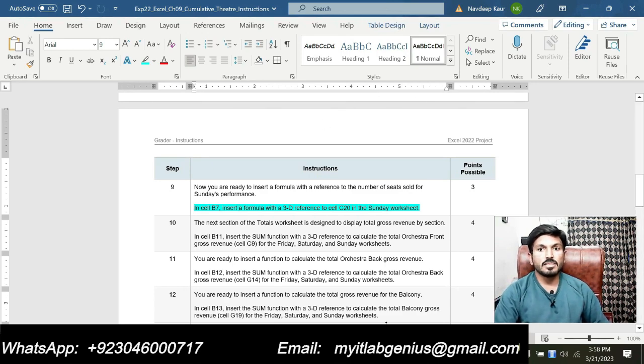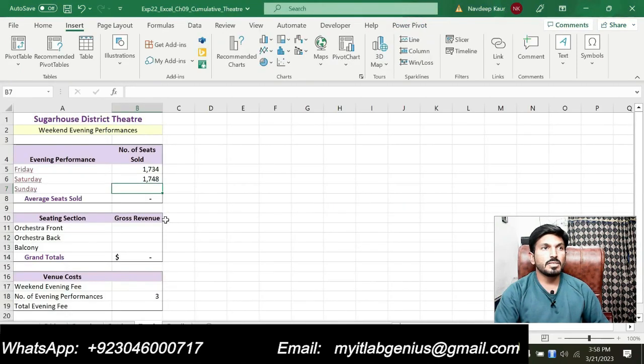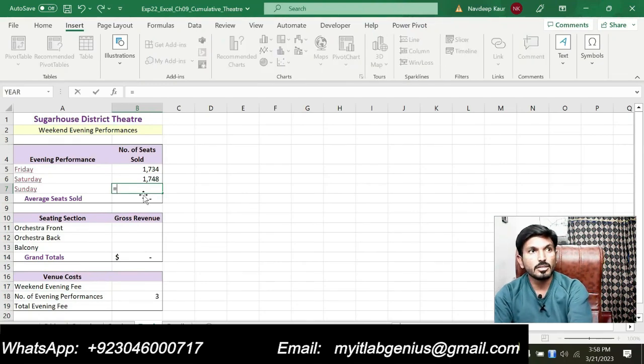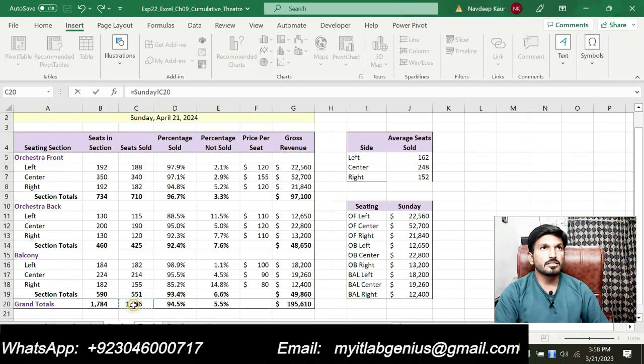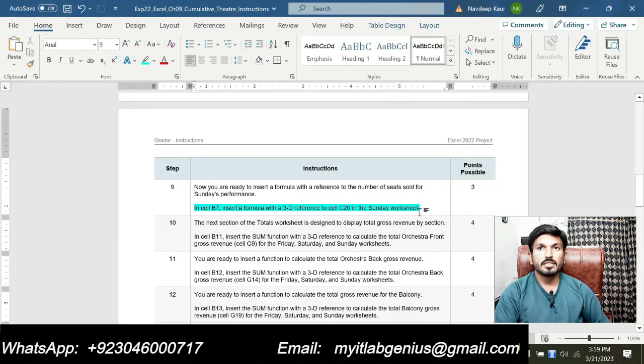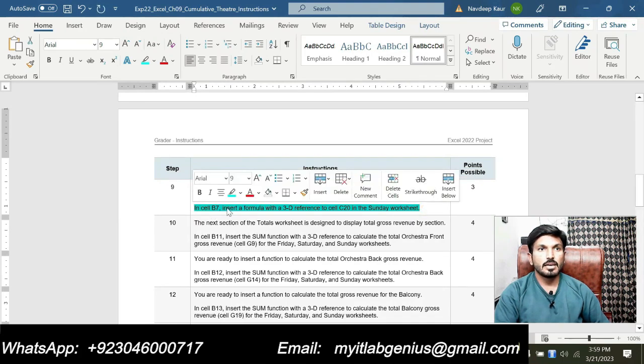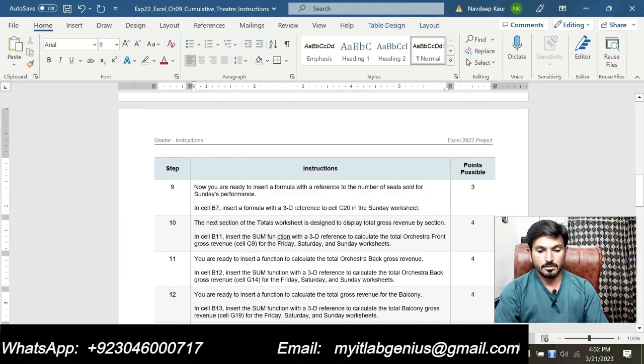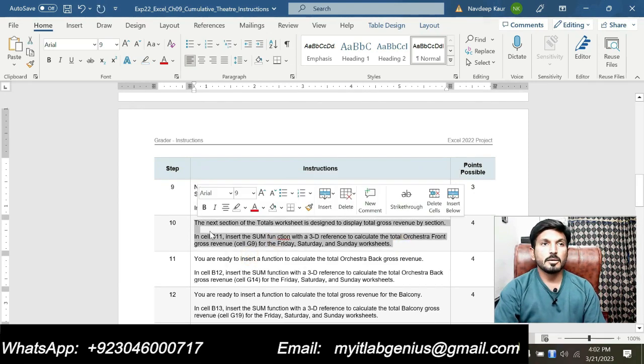Again we will go to cell B7. After going to cell B7, we are supposed to insert a 3D reference formula. So we will enter an equal sign first, then we will go to Sunday worksheet and we will click on cell C20 and then press enter. So we have inserted all these values and we have completed 9 steps of this assignment. Let's move to our next step, that is step number 10 now. Step number 10 is